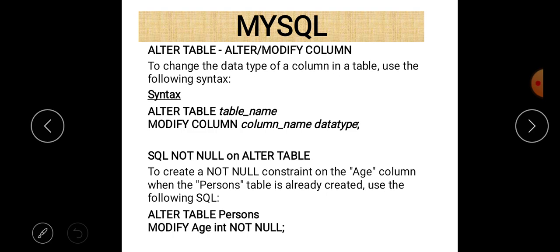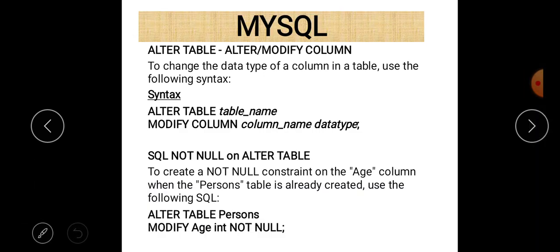Next, when we talk about the constraints, there are 5 basic constraints: not null, unique, primary key, foreign key, and check, and one more is default. So if we want to apply a constraint just after the table creation, then it is possible using alter table structure, and the concept is very simple. There are two different methods. First of all, let us talk about not null.